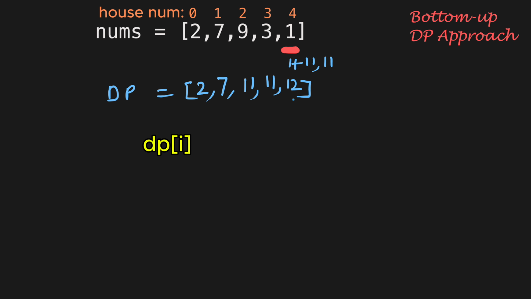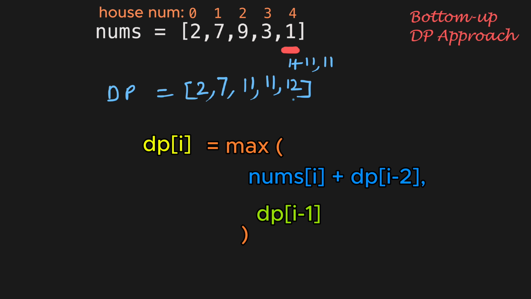And the DP recurrence relation to calculate DP of I can be written as the maximum of robbing the current house and collecting the loot of nums I plus the maximum loot from non-adjacent houses, which is DP of I minus 2, or skip the current house and take the maximum loot from the previous house, which is DP of I minus 1. Now the time complexity of this approach is O of n, as filling in the DP array requires iterating through all the n houses, and the space complexity will be O of n as well to store intermediate results